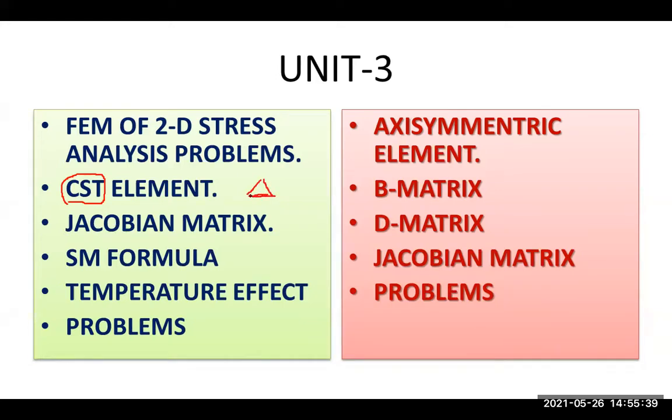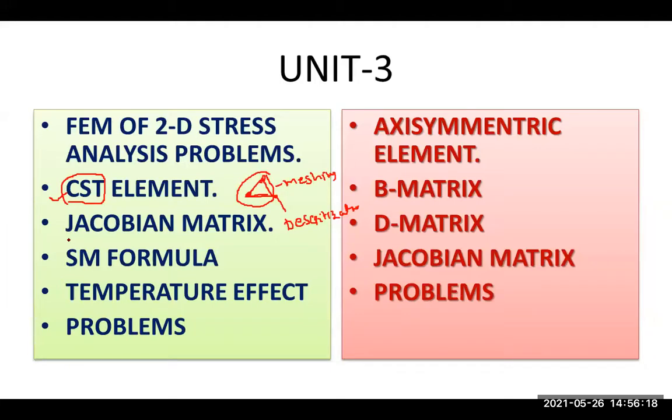In the discretization process, we are going to use this CST element. CST means constant strain triangle. So this is triangular in nature, and this element is going to be used for meshing. In software, we can call this meshing, or in FEM, we can call this discretization. So in the discretization process, we are going to use the CST element for two-dimensional analysis. We're going to see how we are going to assume the two-dimensional member for a given problem. Let's see after this slide.